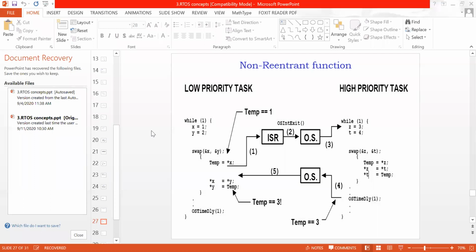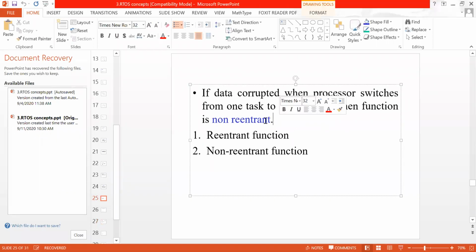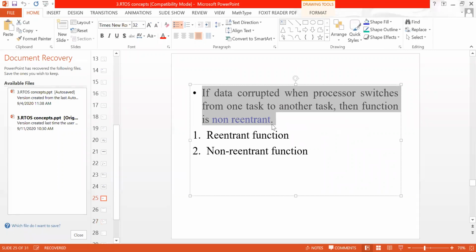Such functions are called non-reentrant functions. Here is the definition: if data is corrupted when the processor switches from one task to another task, then the function is called non-reentrant.